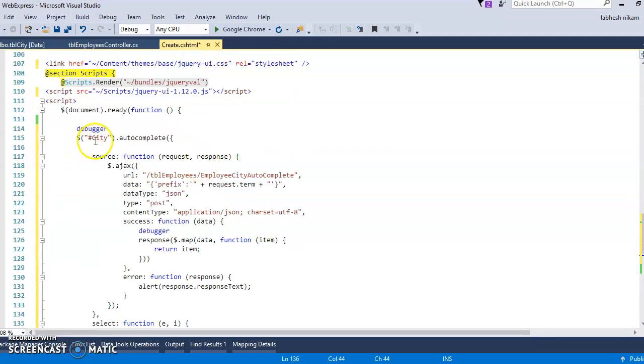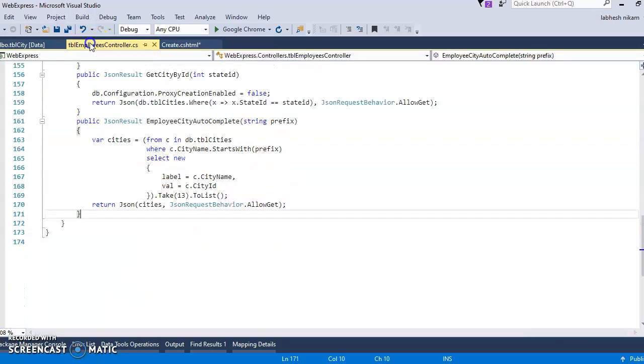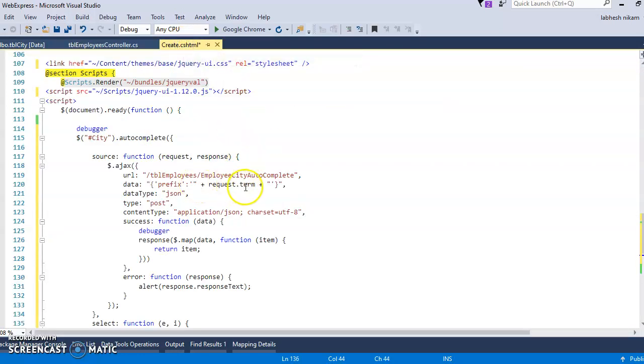So #city dot autocomplete, and using the source we will receive the data. Source is function request, response: whatever request is taken from the client, we will give the response for that. So $.ajax, url is that method, the employee city autocomplete, and pass it here with your controller name.